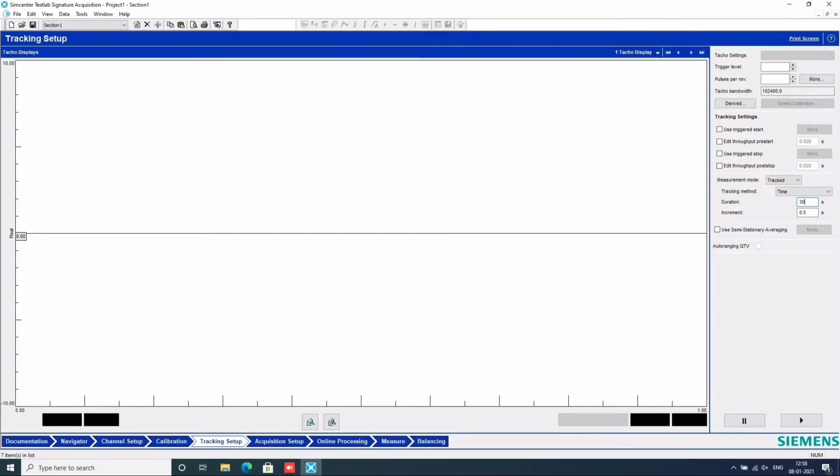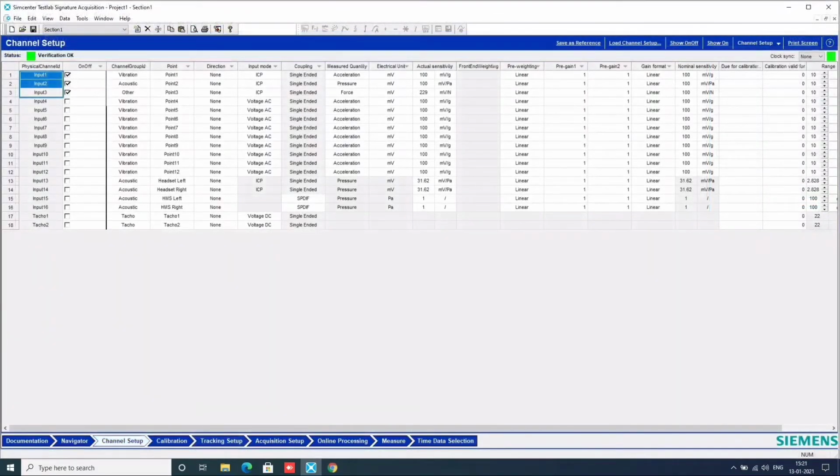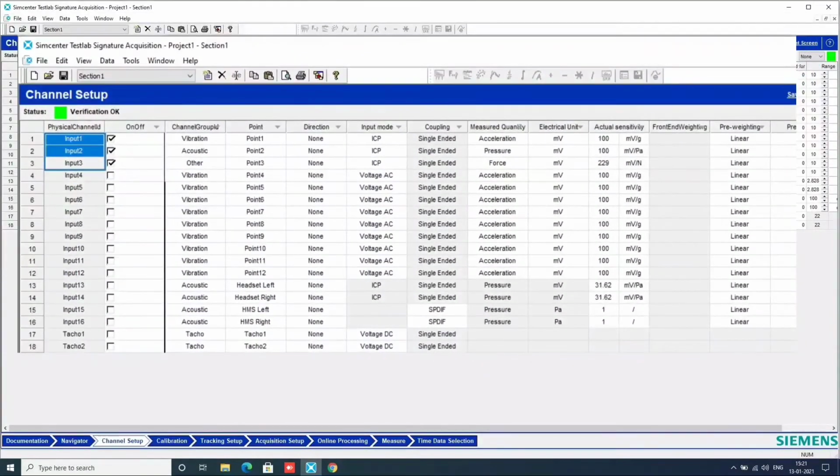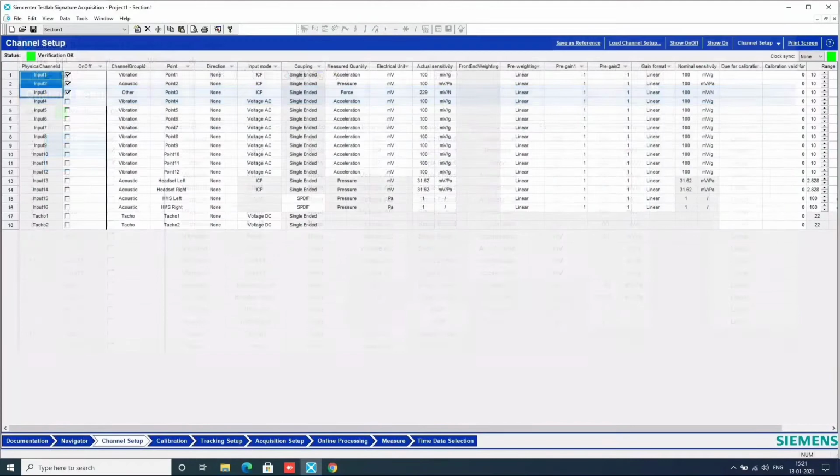Once this setup is done, the next step is to choose how many input channels, or how many physical parameters, you would like to measure for the particular configuration. Here on the left side, you see those tick marks, which show how many channels are chosen for acquisition or configured.